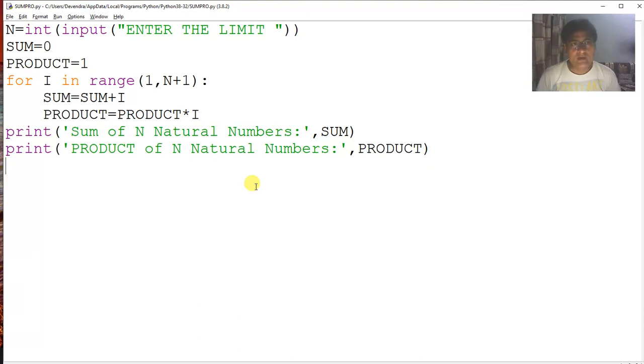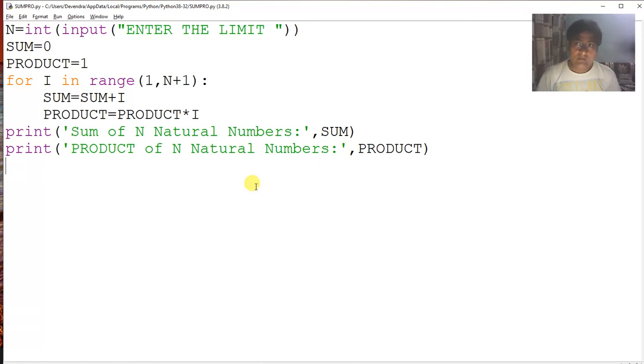Suppose if sum is having any value 1, so the total value of sum will be increased by 1. So it should be initialized with 0. Also, if we don't provide any value in sum and product, there can be any junk value. Junk value can be in any random order, that can be in thousands or it can be any number. So we should have a valid initial value in the variables.